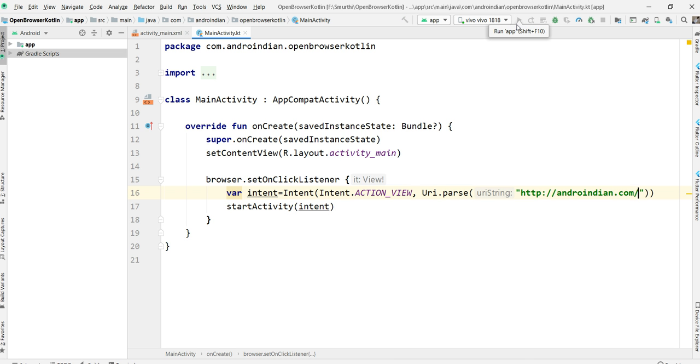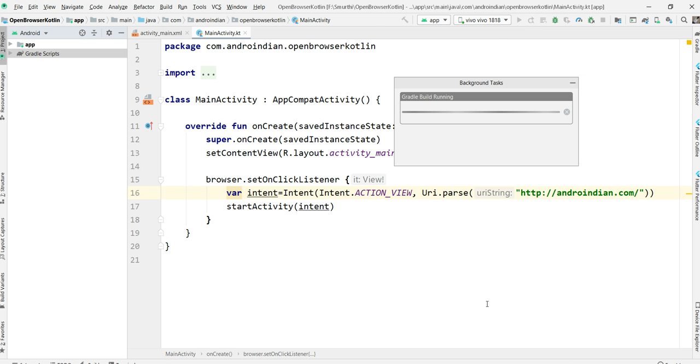We will be able to see the output, whether it opens in a browser or not. It's very simple. Once it runs, we can see the output.